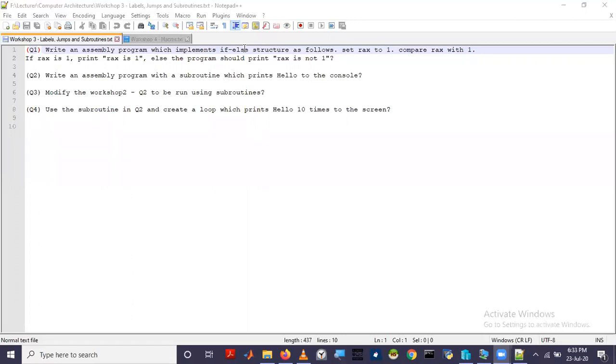That is known as a loop, right? So what we are going to do in this question is create a loop using a subroutine. We are going to print the word hello 10 times to the console output, right? We are going to print that 10 times to the screen.